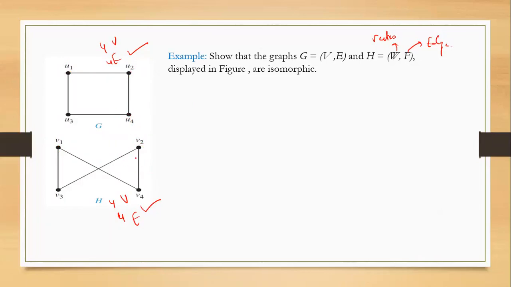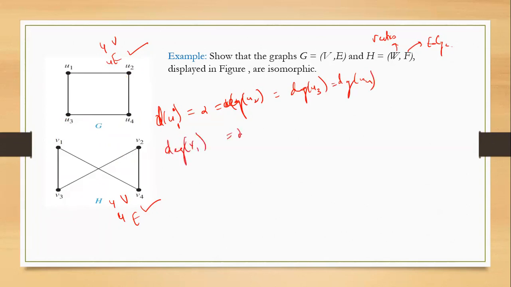with every other vertex. So if you notice the degree also, f of degree of u1, it should be in subscript, u1 is 2, u2 is 2, and all of them are 2. Okay, so the degree of u2 is equal to degree of u3 is equal to degree of u4. And similarly over here, degree of v1 is equal to 2, and all the others v2, v3 and v4 are also the same. So in that case, we can say clearly that our graph is isomorphic.